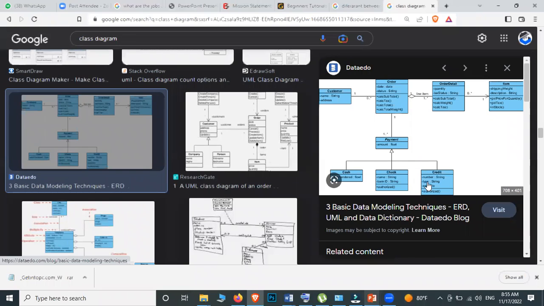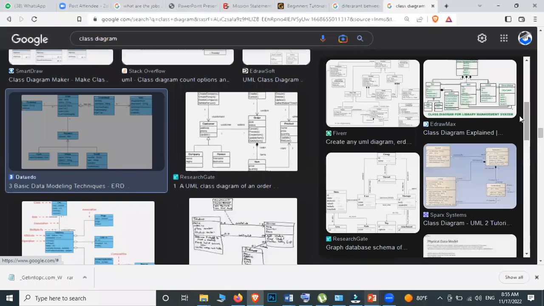And then you are having the generalization over here. Most probably in all the UML diagrams, not ER diagrams, sorry, you will be having this generalization relationship, because most of the time that is inheritance. Cash is a part of payment, check is a part of payment, credit is a part of payment. Okay, we'll be drawing one class diagram, so don't worry. I'll explain it to you again.